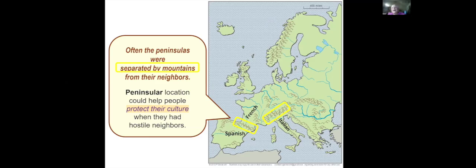This is a wonderful aspect of using the clickable maps. Students are able to turn on mountains. And what we've turned on here is just mountains, and two of the peninsulas, the Spanish peninsula and the Italian peninsula, have mountains that kind of guard the door to their peninsula. The Pyrenees Mountains that separate France and Spain would be very hard to go over if you wanted to attack